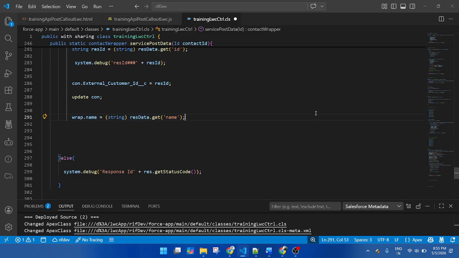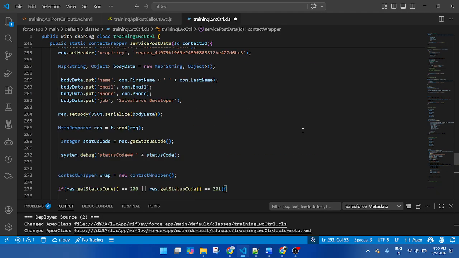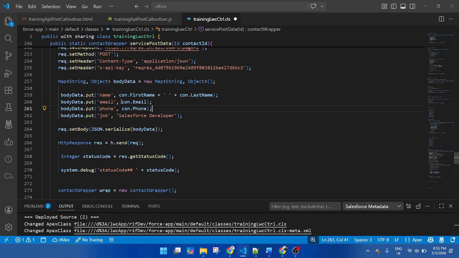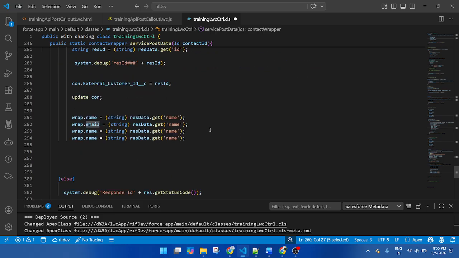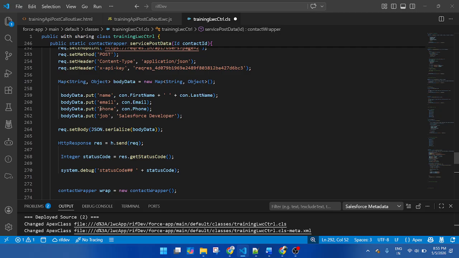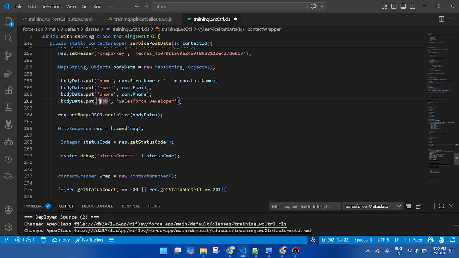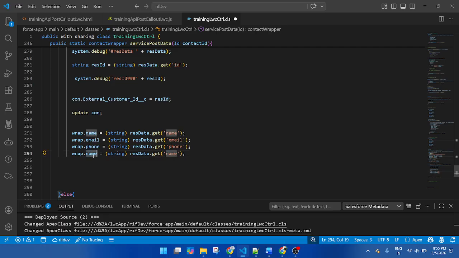Copy. Name, email, and the value will pass. I will get the value email. This is a key. Then phone, and phone, then job, and another one.